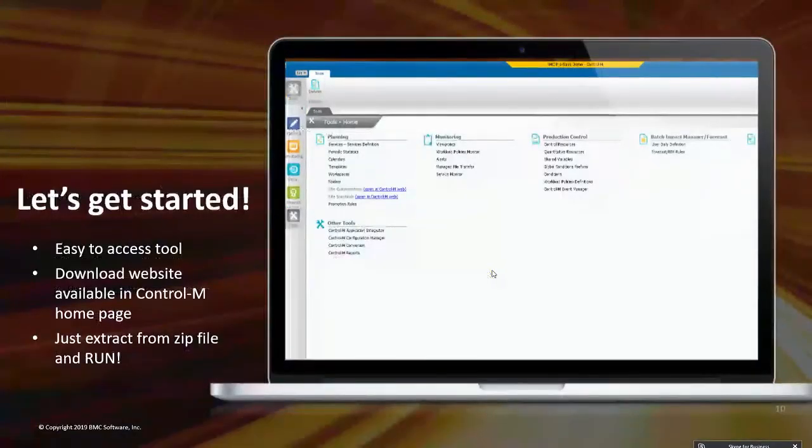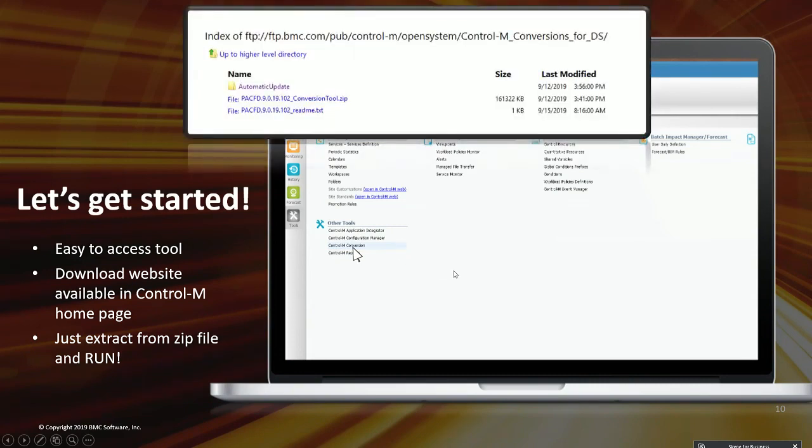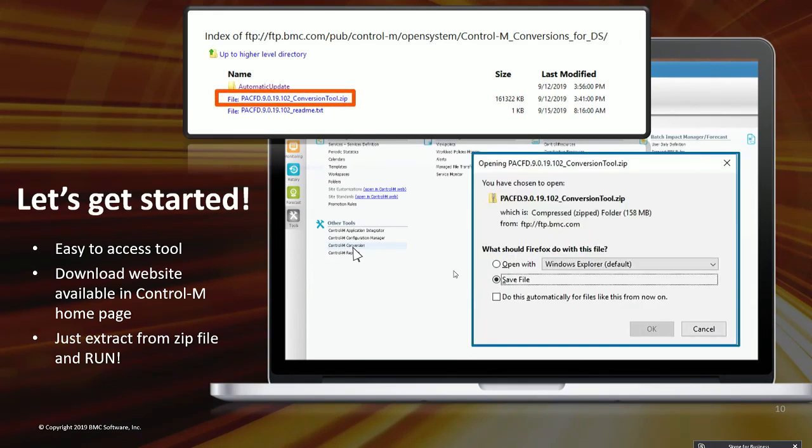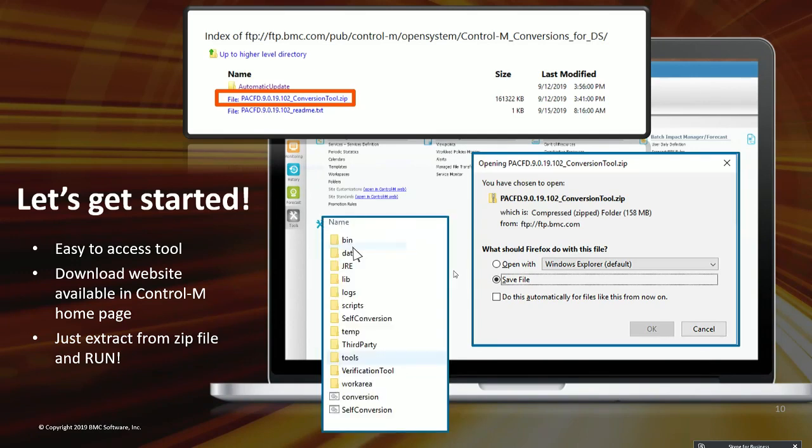The tool is downloaded from the download website shown in the Control-M homepage under Other Tools. And then you have just to download the conversion tool zip and save it. And then after extracting the zip file, you have just to double click on the conversion batch file to launch your conversion tool. And there is another note I want to make, and it's about